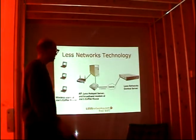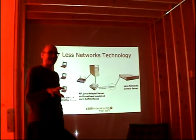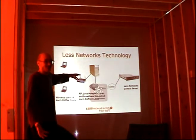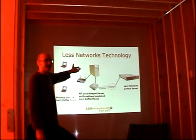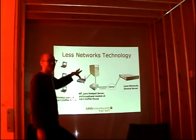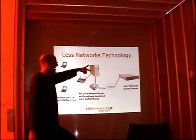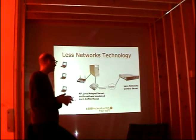Slide. All right, quick, very brief overview. We're going to go into this later, but a quick overview of Less Networks technology that we deploy in each venue. This is at Joe's Coffee House, right? You've got the wireless users, and you've got some access point, any access point. There's a Linksys there, but it could be just about any access point. An old PC, and a broadband connection. And of course, the old PC runs NoCat Auth and some other stuff, does the captive portal thing, which you guys know about,